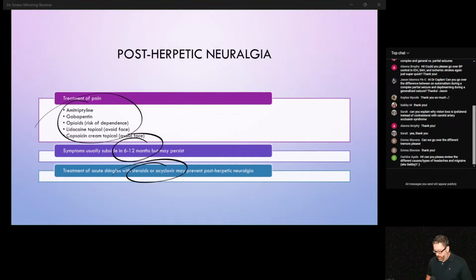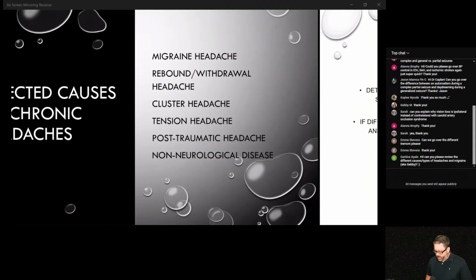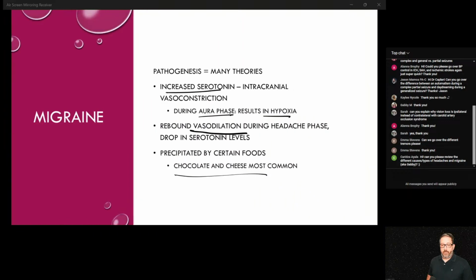Postherpetic neuralgia will also cause it, again, just shingles, very, very painful. Trigeminal neuralgia, and here we go with our headaches. So always find out, is it similar to previous headaches, and what did they do the last time? Your migraines,